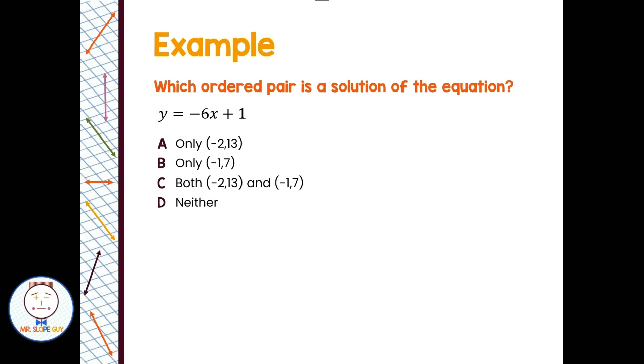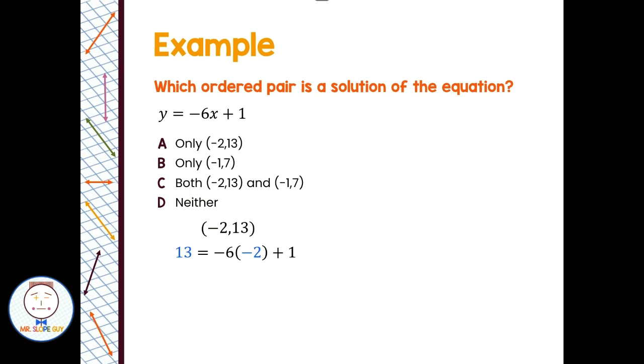All right, so the way to find this out is to plug our ordered pair in, our x and y values. So let's start with negative 2, 13. Put negative 2 in for x and 13 for y into our equation. So we have 13 equals negative 6 times negative 2 plus 1. And whenever I substitute in, putting it in parentheses is always a good idea,